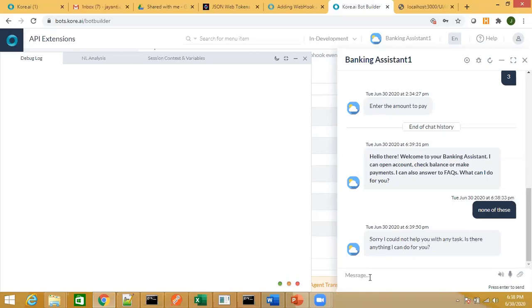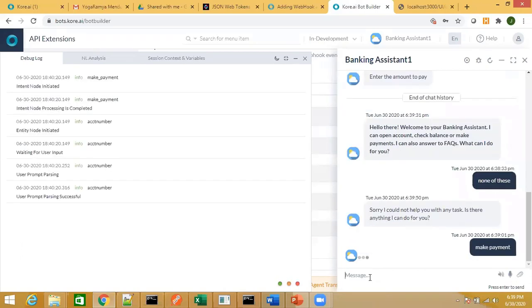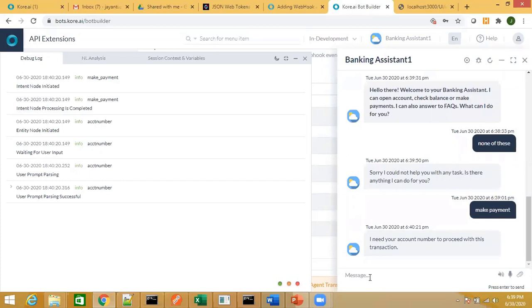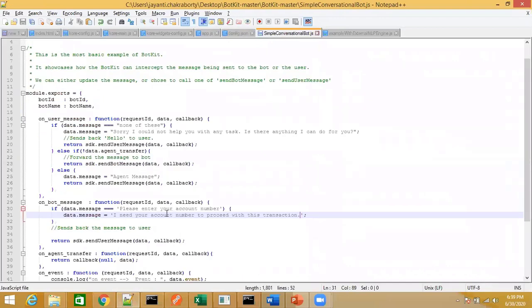Now let's say I say I want to make payments. Now the bot will come back with a message like, I need your account number to proceed with this transaction. Now you will see within my files, within this file, I have handled the situation.